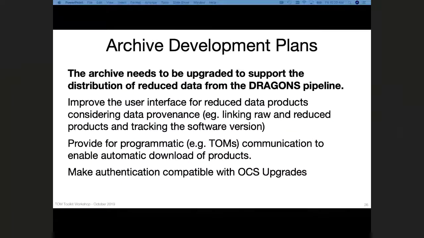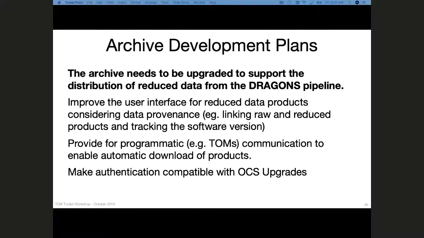And the archive needs some development as part of all of this. Right now, it's really good for the raw data. It's rather limited in terms of handling reduced data, which it'll need to do. So we're in the process of hiring people to work on this, improve the user interface, improve the capabilities for reduced data products, the data provenance, like what version of the pipeline was used for reducing the data, provide better programmatic access to the data, perhaps some sort of streaming option